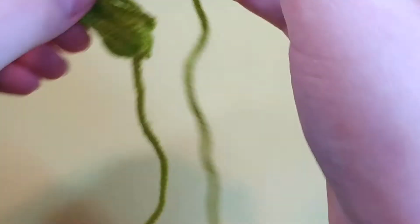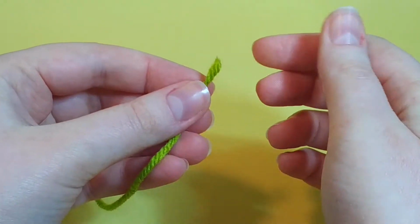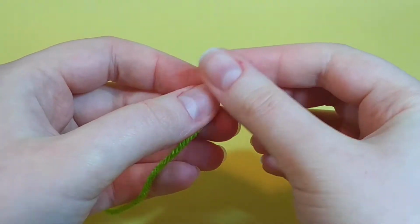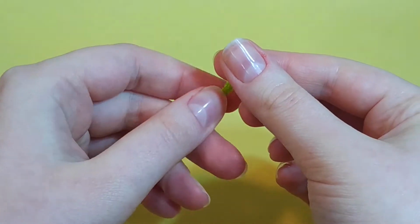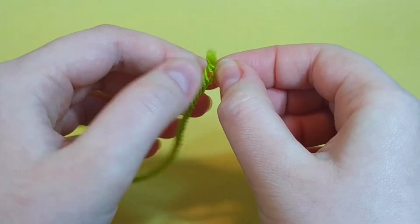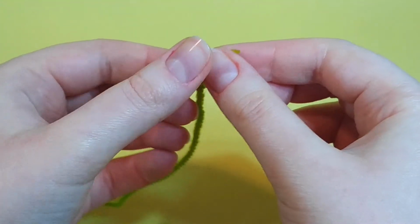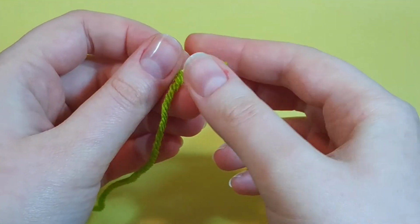To start, first cut off how much yarn you would like to use. Then take the end and gently twist it to show all the strands that your yarn has. Try splitting one single strand at a time, so pull,